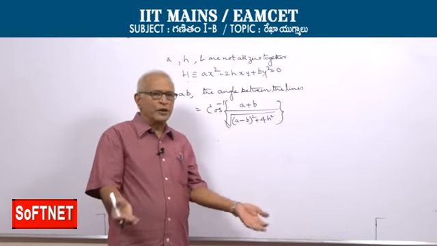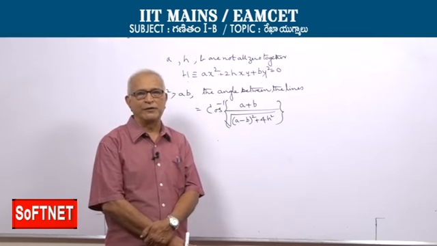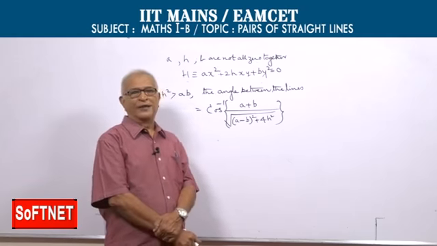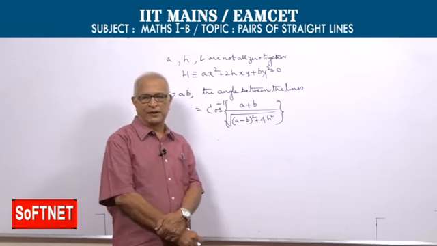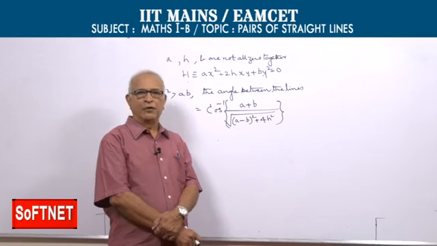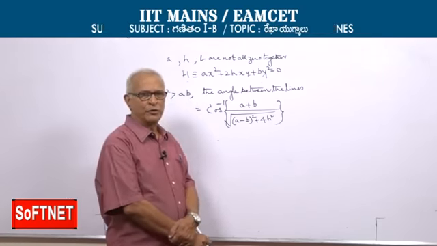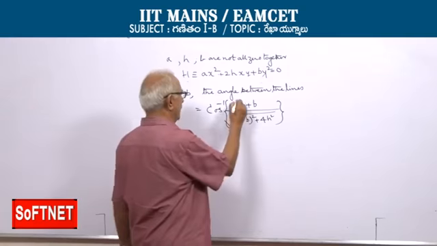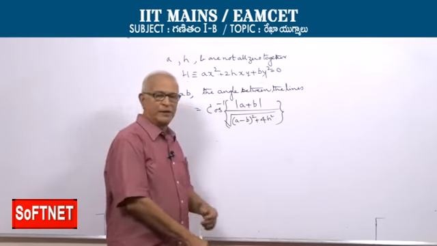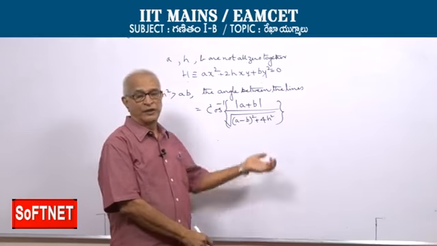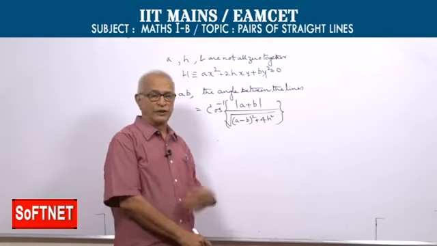అంటే ఆటోమేటిక్గా రెండు తెలిసిపోతుంది. ఒకటి 30 degrees అయితే రెండో 150 degrees ఖచ్చితంగా అవుతుంది. అంచేత there is no need to specify the other angle. So whenever you talk about the angle between the lines, unless otherwise specified, we always refer to the smaller angle between the two lines. అదే కావాల్సి వచ్చినప్పుడు to be very specific, you can also put mod here because a plus b can be negative also. In case a plus b is negative, this is an obtuse angle. In case a plus b is positive, this is an acute angle.